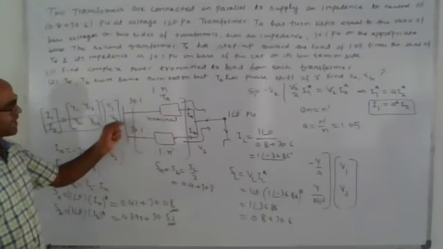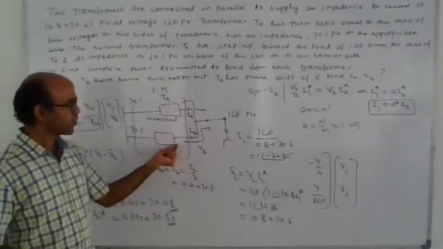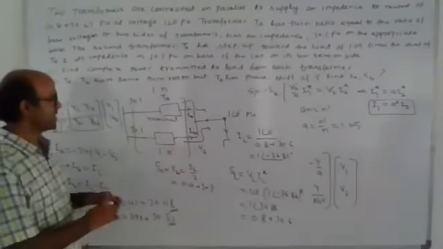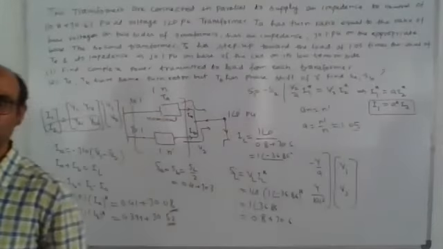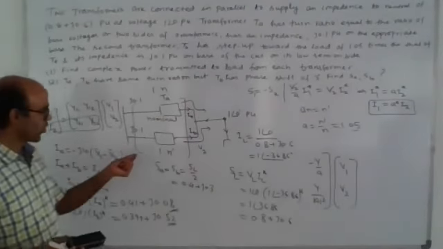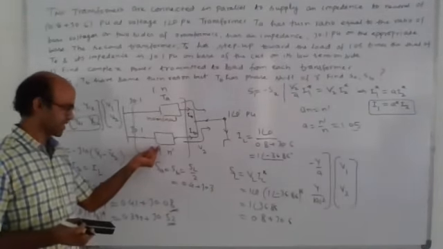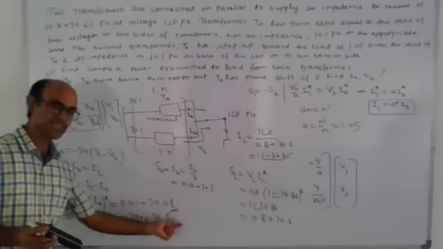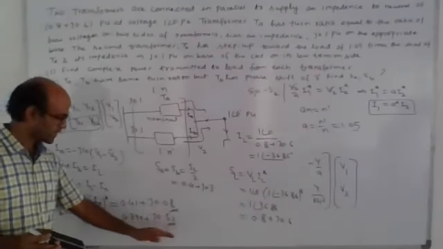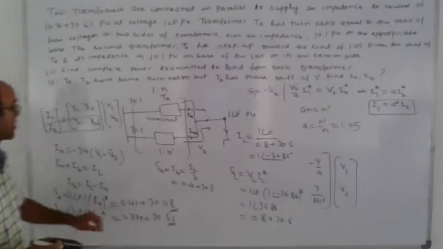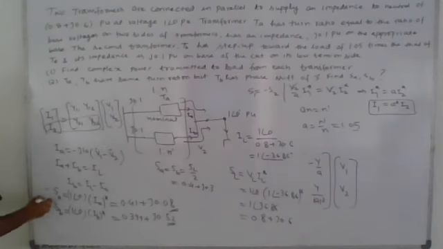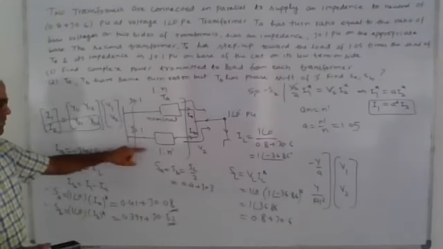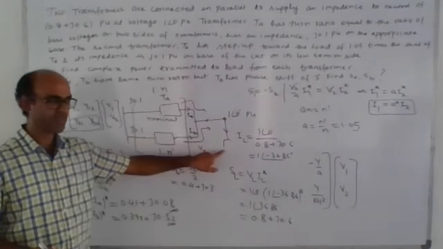I have changed turns only 5%. You can see this ratio 1.05. So I am changing only 5 turns out of 100, and then you can see the change in reactive power. In that way, we are changing reactive power. So the answer to the first part, find the complex power: these are the complex powers of transformers A and B delivered to the load.